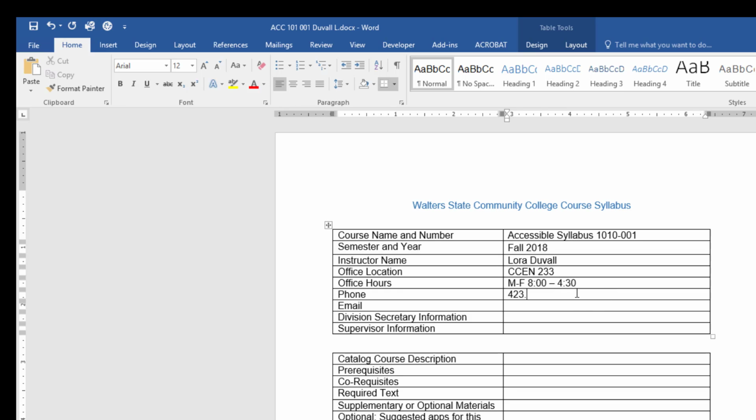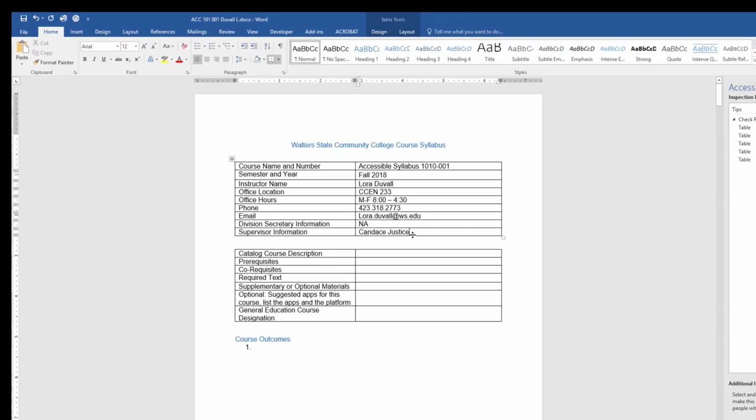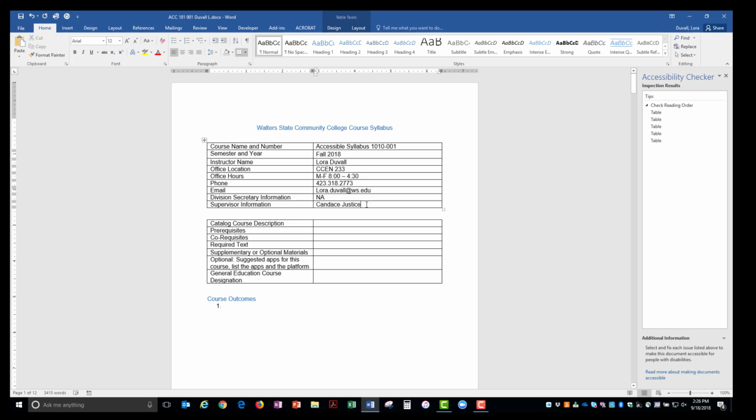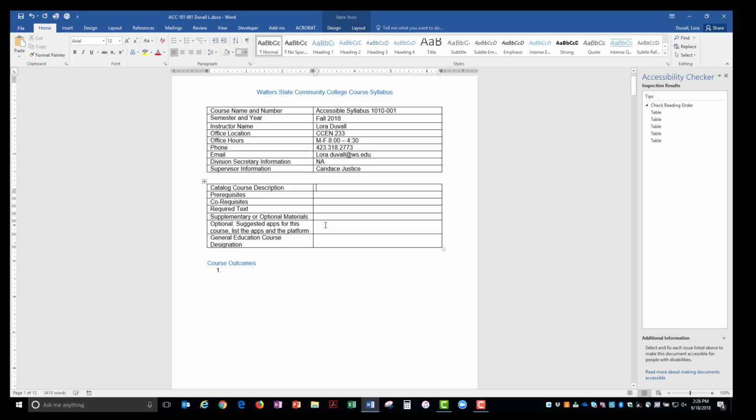Telephone number. We will put in email address. We do not have a division secretary, so I'm going to put NA. My supervisor information will be keyed in. Okay, I have just completed entering the first set of information for my syllabus. I will continue in this manner throughout the document in the empty spaces in the tables and under all major